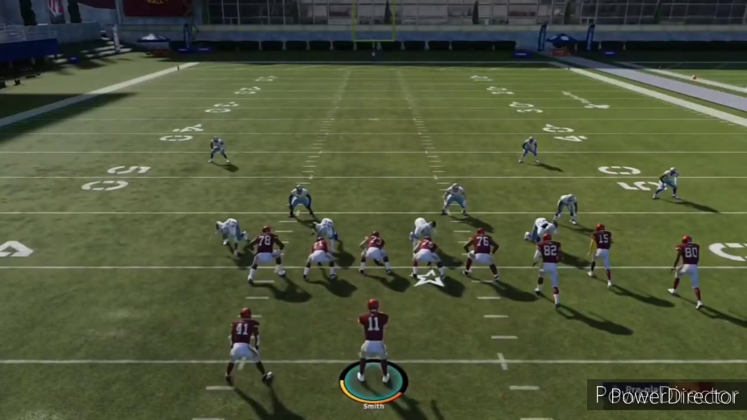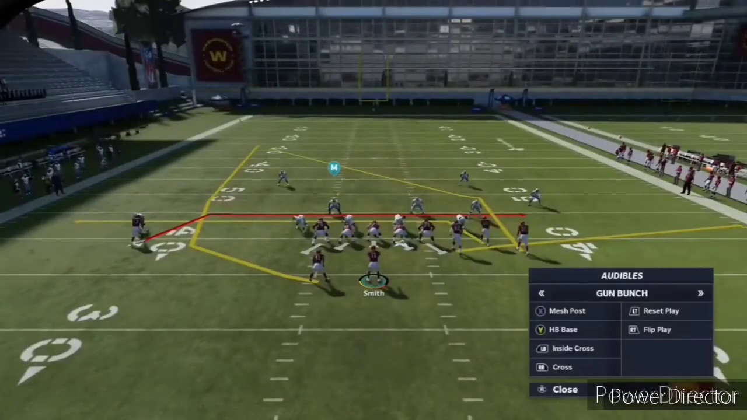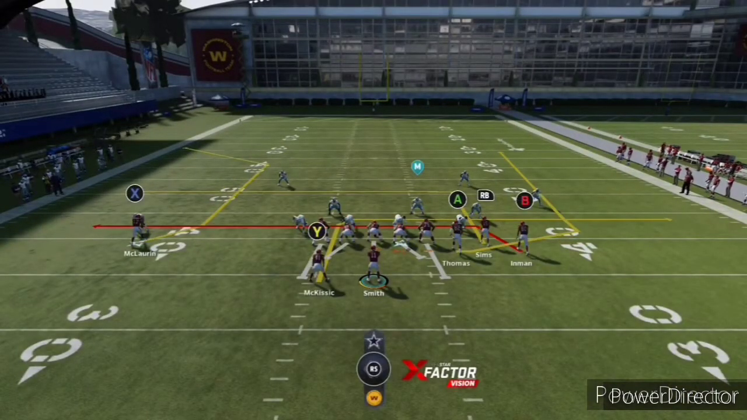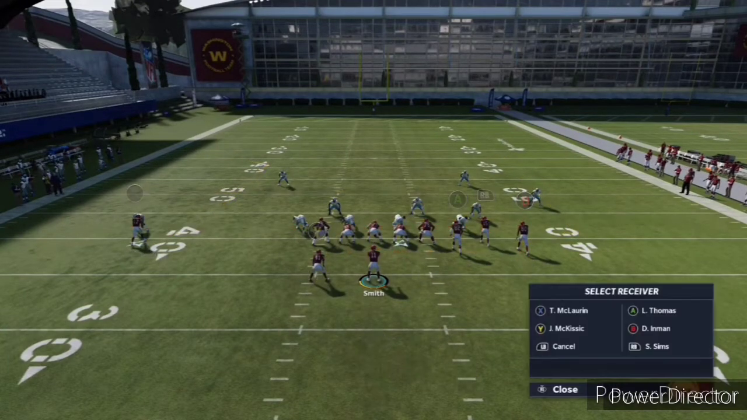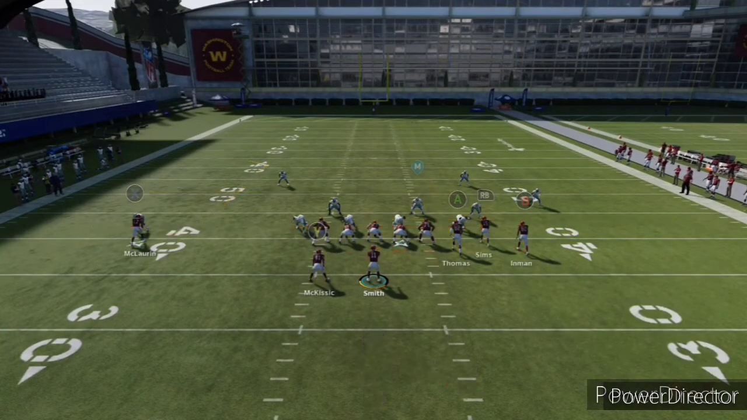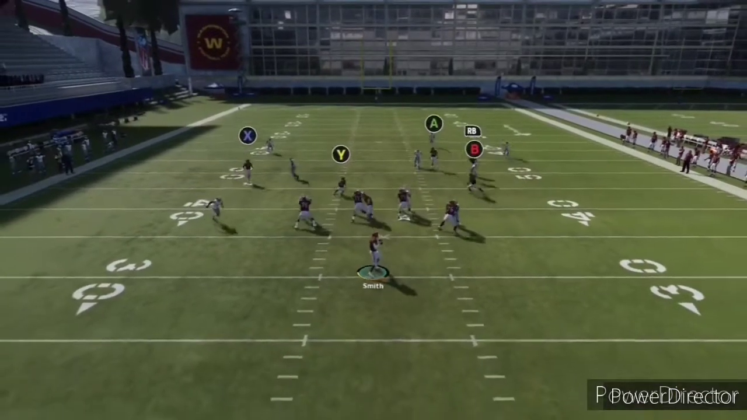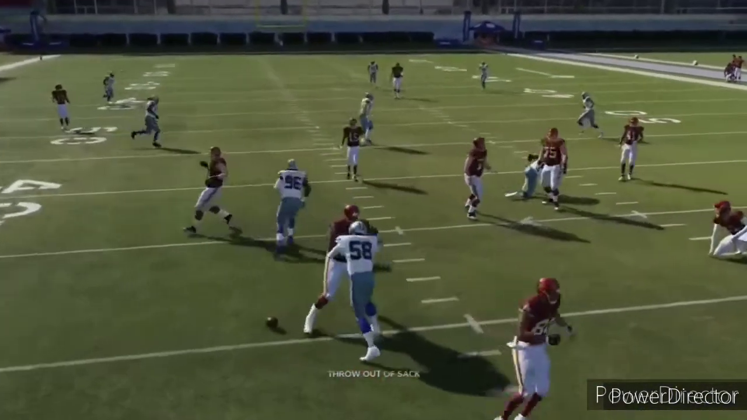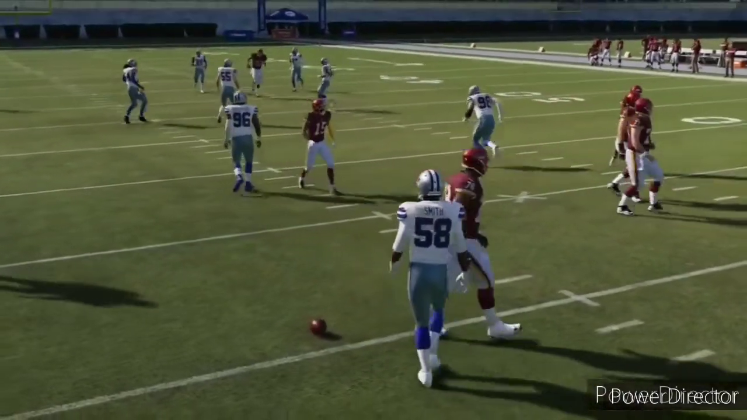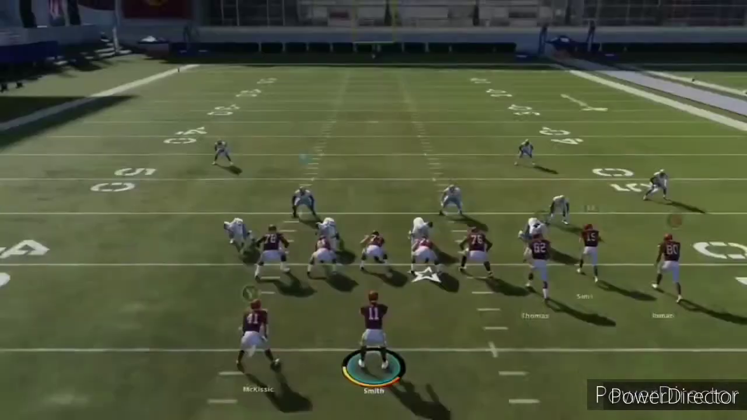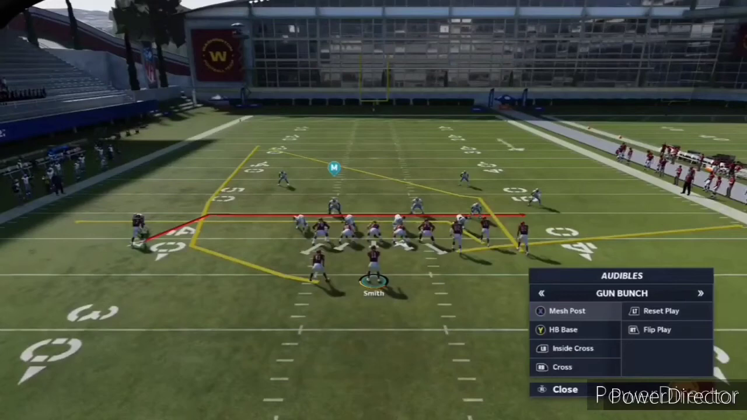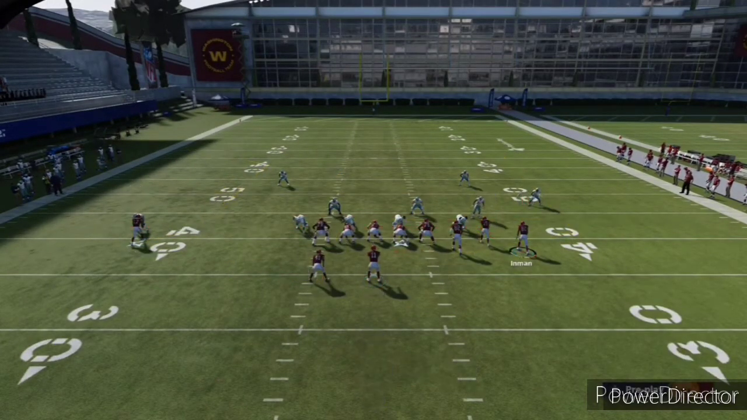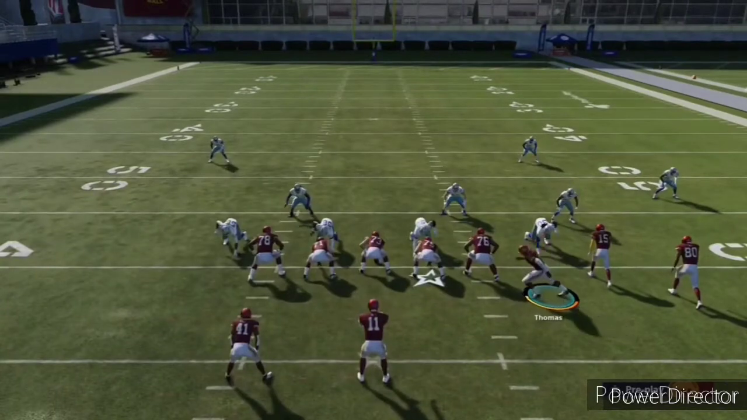So all those drags are great against any sort of cover 3 that is not hard flats, which most cover 3s aren't. You can also streak this A right there. As you see, does not get open, but we had B wide open. We had Y wide open. That's the main things you want to go to, because a lot of these cover 3s are your traditional